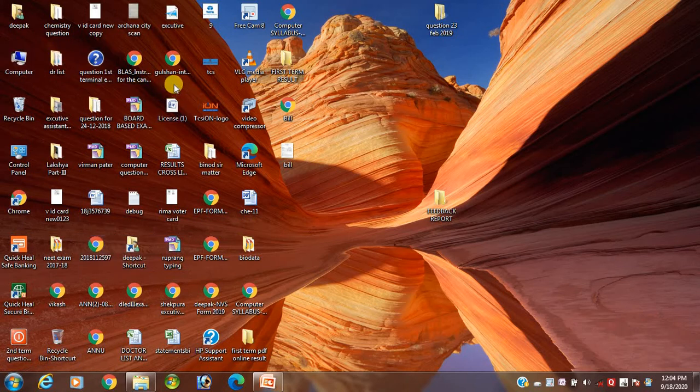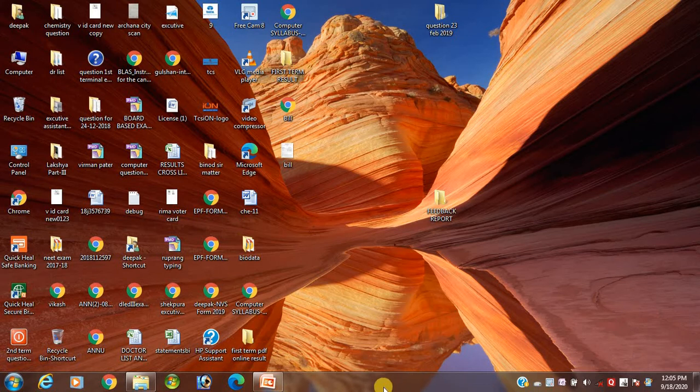Next thing we'll discuss, which is important, is pin and unpin, and the quick launch icon. Quick launch icon means what? Those icons placed on the taskbar, this one, this one, this one, are called quick launch icons.